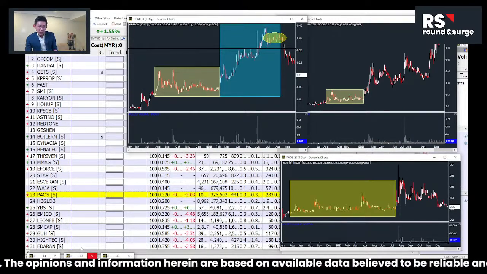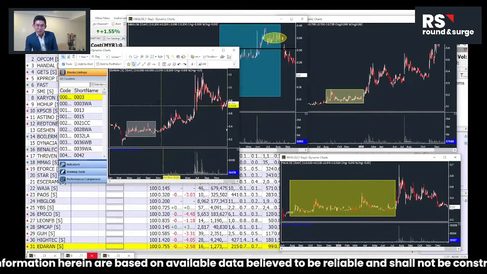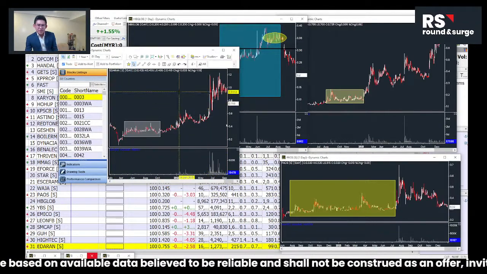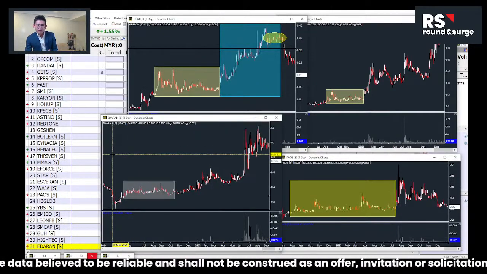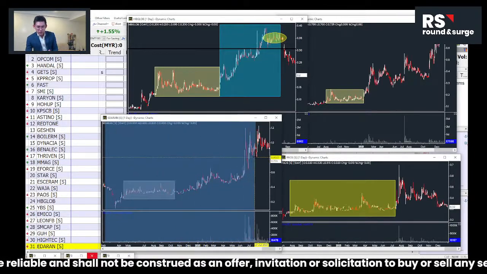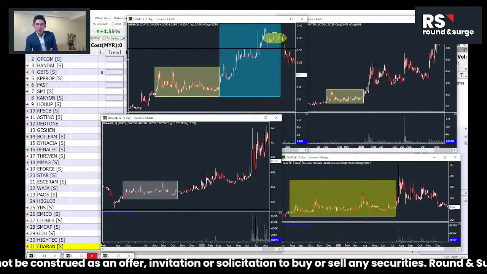I can't remember what else, but let me share with you some that they have the accumulation. You'll find something very similar here. Okay, what I want to share with you here is that usually when they do the accumulation, you would not notice it. Why? Because if I zoom in, you will notice that